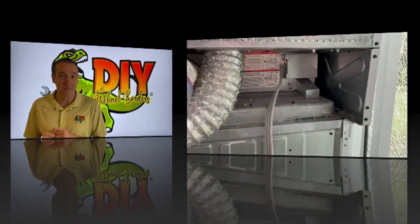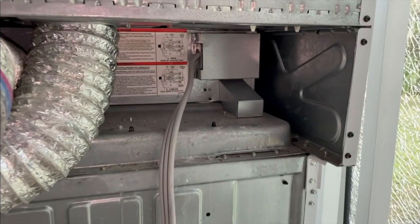Let's get started. All right, DIYers, we're looking at the backside or rear portion of our GE electric version laundry center. You can see the power cord in the center where it enters into the electrical box. And to the left of that, you see our dryer vent hose. And at this moment, the laundry center is completely disconnected from everything. The power, the water lines, the dryer vent hose, and in addition, we have shifted it out to the center